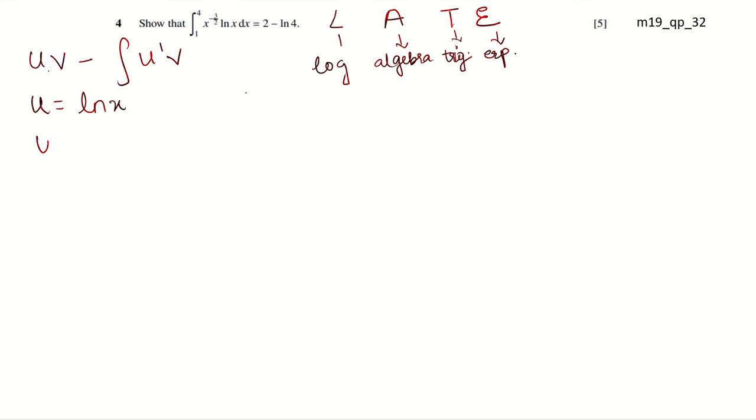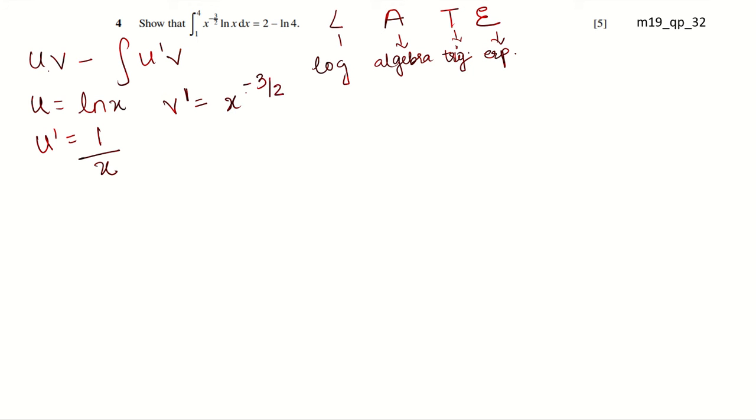So we will have to differentiate to find u dash because it's there in the formula, and it's inside the integral as well. So we'll have to differentiate u, or ln x, to find u dash or u prime. So that is going to be 1 by x. Then right now, be careful. This is not v. It's v prime that you have. The one that is left out, which is x to the power of minus 3 by 2, that is v prime.